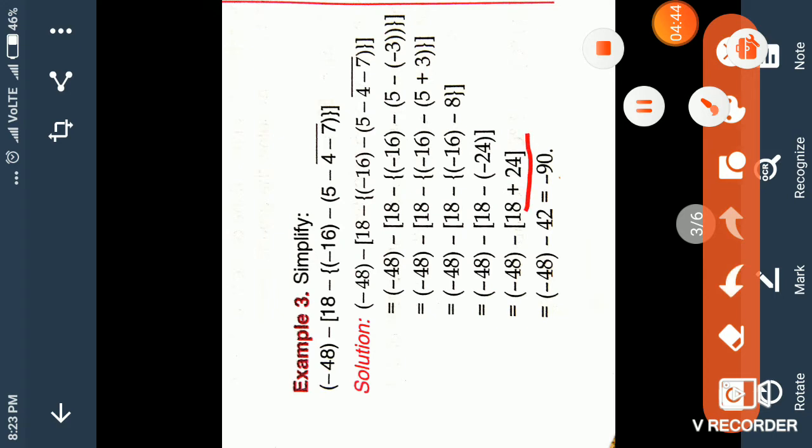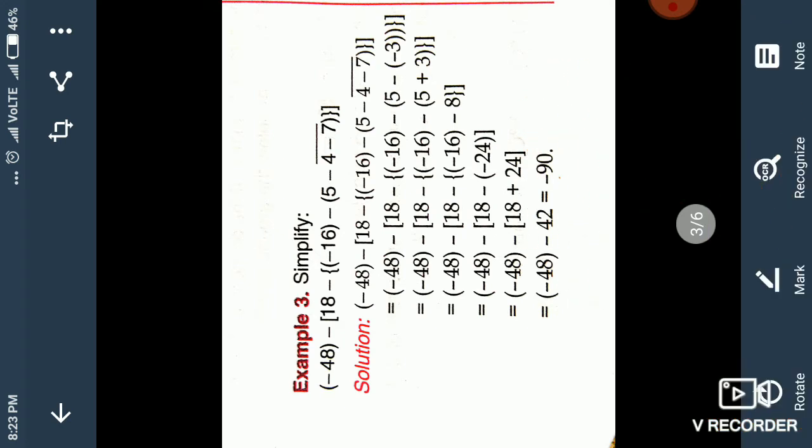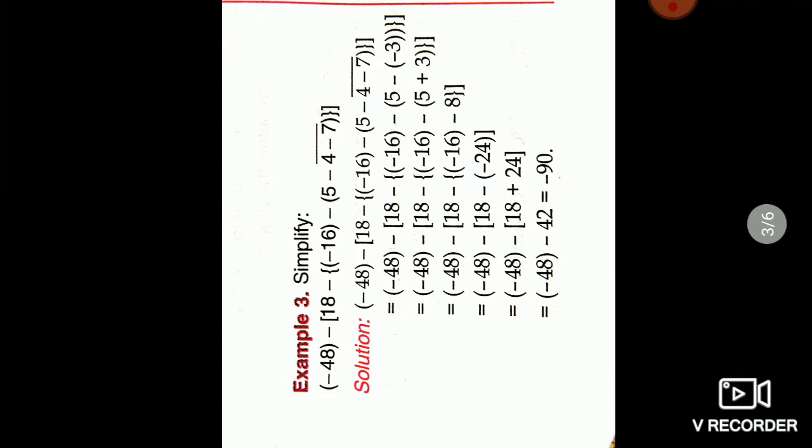and you can simply add 18 plus 24, that will give 42, and after that there is minus, and the number is also minus, and same sign, what, same sign plus, but whose sign will it be? The sign is in which the number is giving, both numbers are in minus, so we'll put firstly the minus, and then we add 48 to 42, that is 90. Understand this simplification? There is another example given for you.